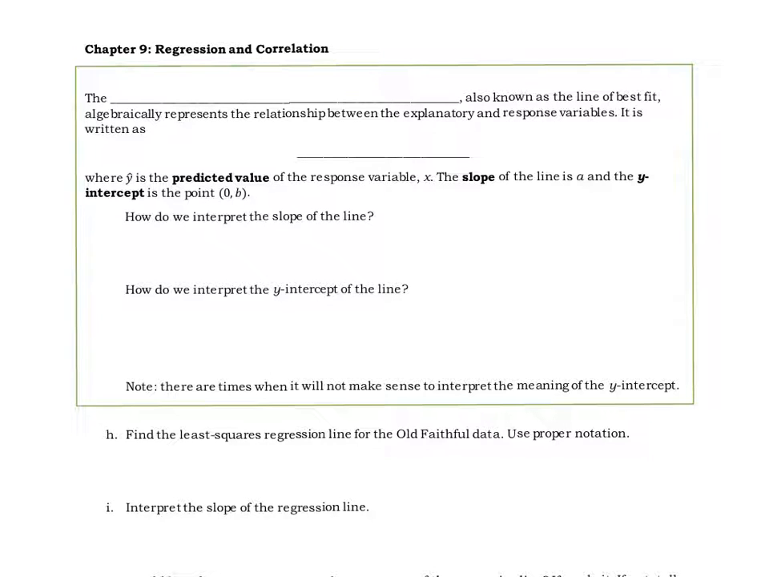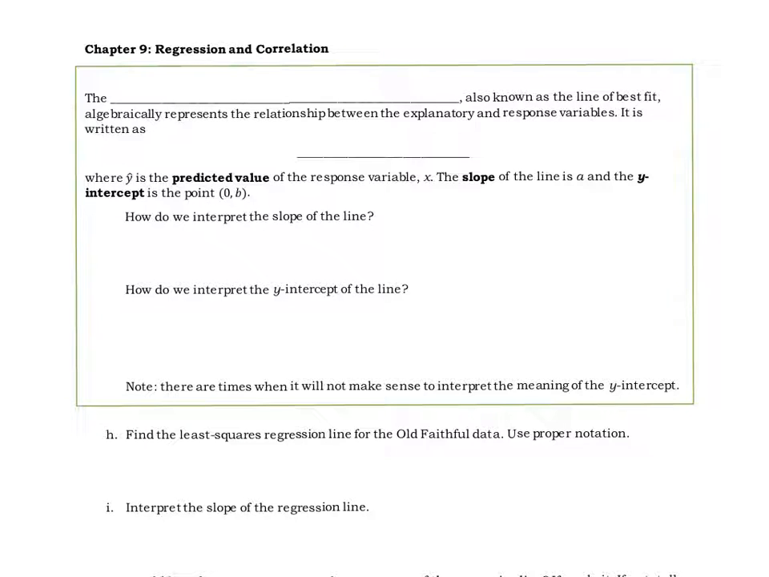Right, so we have talked about using the R value, the correlation coefficient, to tell us how linear data happens to be, how strong of a linear relationship we have. We talked about R squared, the coefficient of determination, how much of the response or dependent variable can be explained by the explanatory or independent variable. And so now we're going to take a look at the actual line that